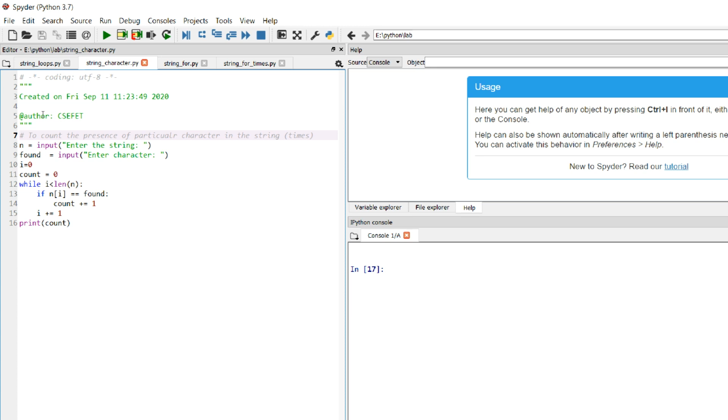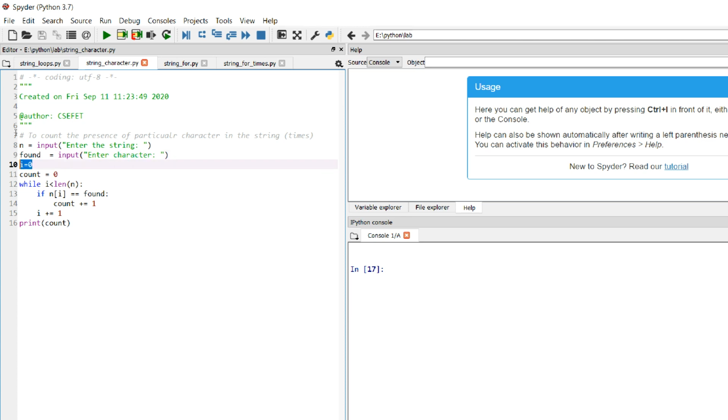So how does this program go? We write an input statement, which has been explained before, that takes an input from the user and assigns it to n. We again make an input statement where we ask the user to enter the character you want to search for, and for how many times that character comes. This is stored in a variable found.